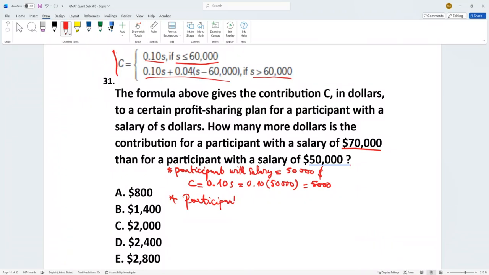Okay, a participant with salary equal to $70,000. The contribution will be equal to 0.10 S plus 0.04 S minus 60,000. Okay, so this is going to give us 0.10